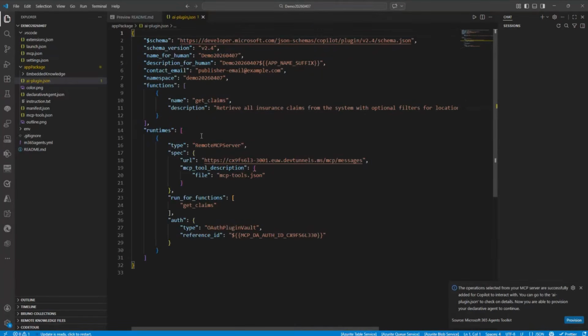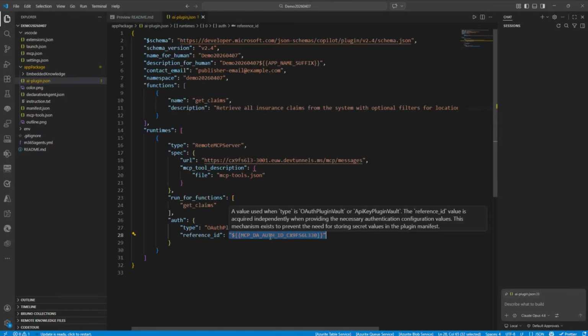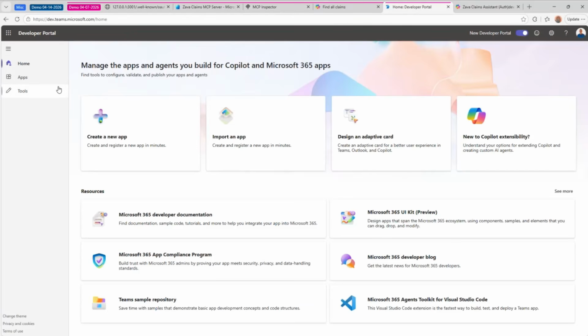And once I'm done with that, as you can see here in the AI plugin JSON file, in the runtime, I have a set of settings about the security, and specifically I have a reference to a setting item which will let my agent know where to get the settings about the secure access to my MCP server. These settings are actually stored, and let me show you, in the developer portal of our environment. If I go under